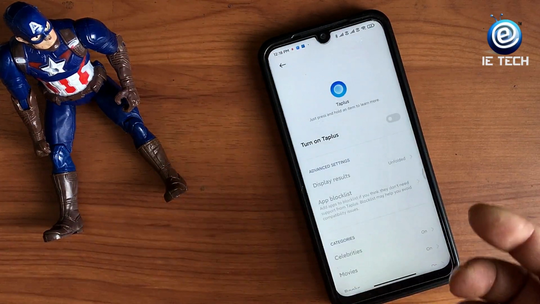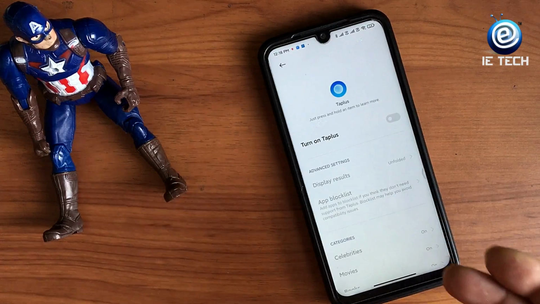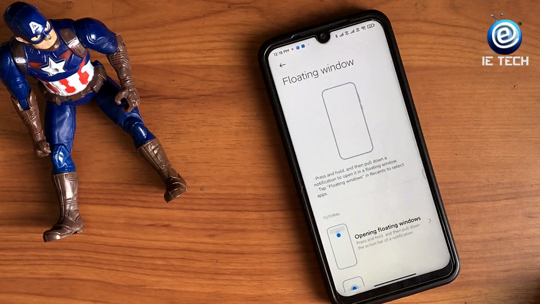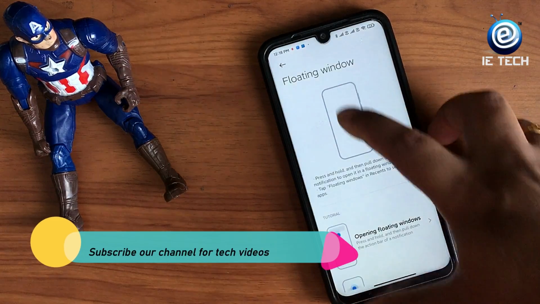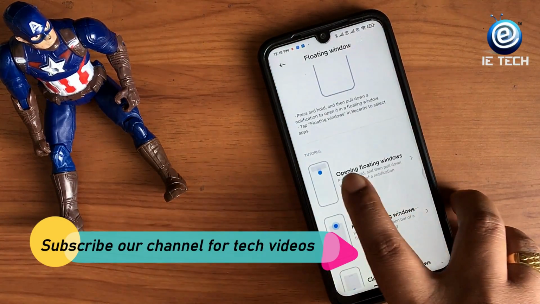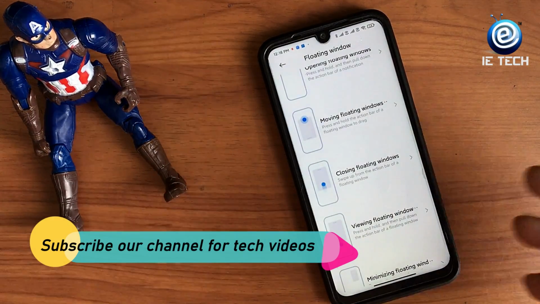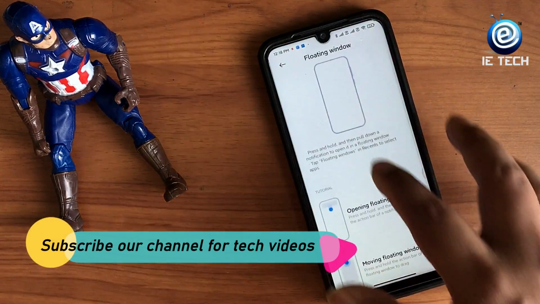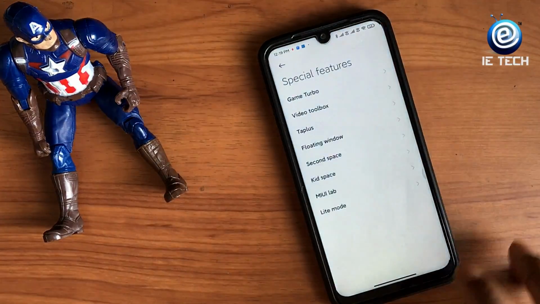Another, you have Tab Plus. Tab Plus is a new feature which has been included, and it will basically work seamlessly with most of your apps. Okay, floating window, this is what I was actually talking about. So as you can see, if you have a notification here, you can scroll that notification, open floating windows, move the floating windows, close the notification windows, view the floating windows, minimize the floating windows, all will work seamlessly, and this looks very cool. I will show you a demo for it.